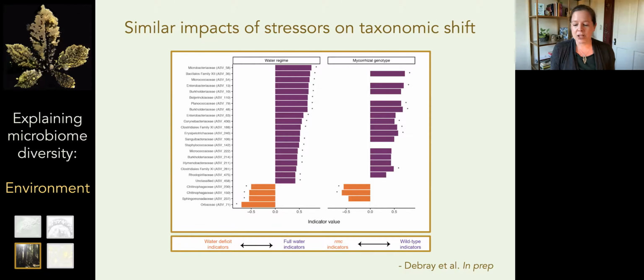And so I don't want to spend much time here in terms of why this is the case, but I do want to emphasize here that this is very clear evidence that certain taxa are shaped in their presence and absence above ground, as well as community diversity overall, by what's happening below ground. And we think of that below ground as the environment that's shaping the plant growth and fitness.